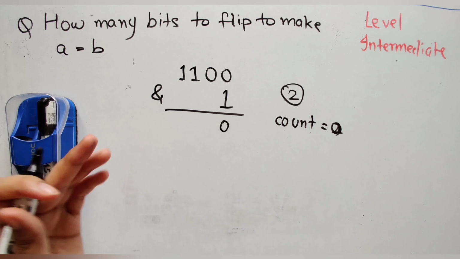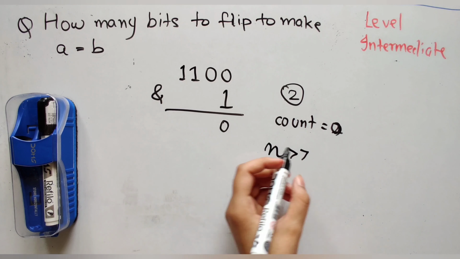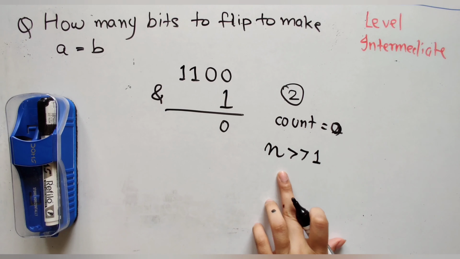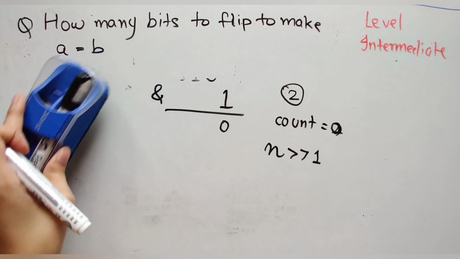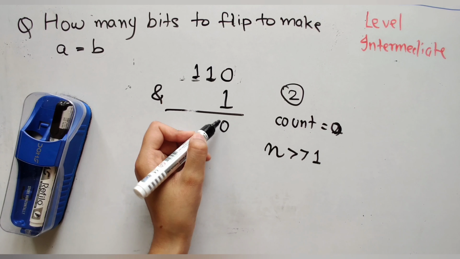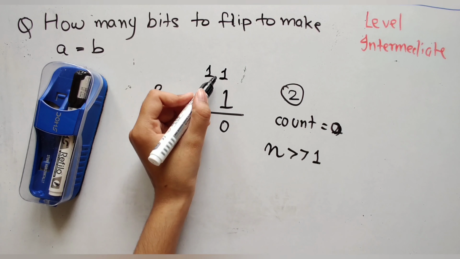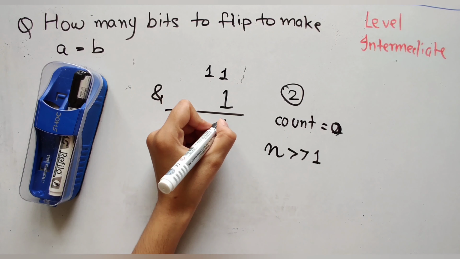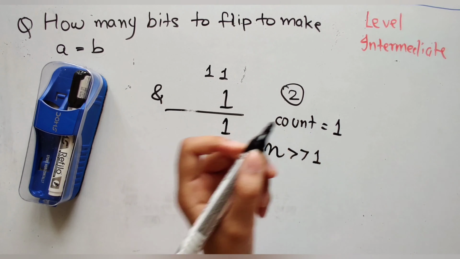We'll move on. What we are going to do is, whatever this number was, let's say the number was n, we are going to right shift it by 1 digit. If I right shift by 1, what will I get? This 0 will drop off and I'll get 110. Again, if I do AND, I'm going to get 0, so I won't increment my count. Again, I need to do a right shift 1 time. Now, if I do AND, what will I receive? I'll receive 1 here. So, if it's not 0, I'm going to increment my count, so count will become 1.